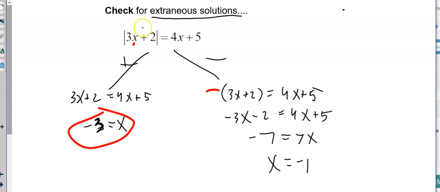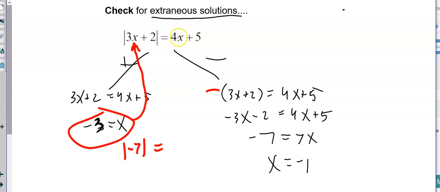Wait. Let's plug this in again. Let's make sure. So this would be 3 times negative 3 is negative 9 plus 2. Negative 9 plus 2 is negative 7. The absolute value of negative 7,